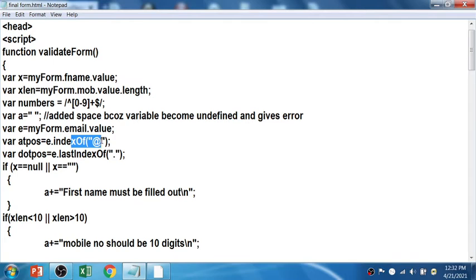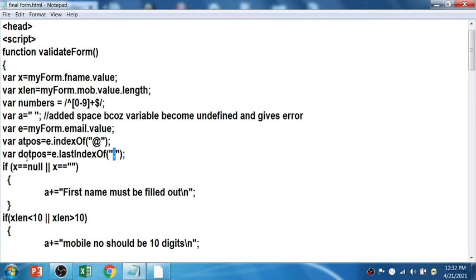The position of the at the rate symbol will be stored into at position. Dot position is e dot last index of. Index of counts from the left-hand side, and last index of counts the index from the right-hand side. That will store the position of the dot symbol into dot position.